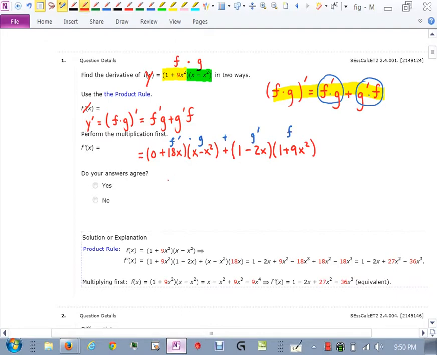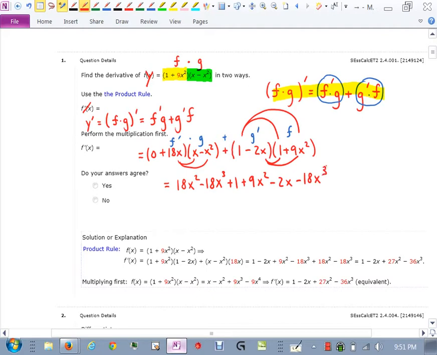I actually have the derivative here, but I need to clean it up a little bit. Since that's a 0 up here, I'm just going to distribute 18x through here. So we get 18x squared minus 18x cubed. And then for these two, to multiply them together, I actually have to expand it out. So 1 distributes through, plus 1 plus 9x squared. Then distribute my negative 2x through. Negative 2x minus